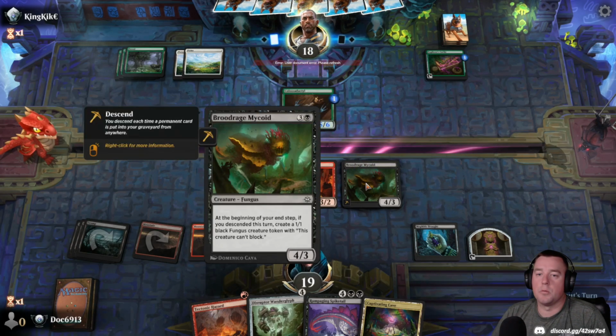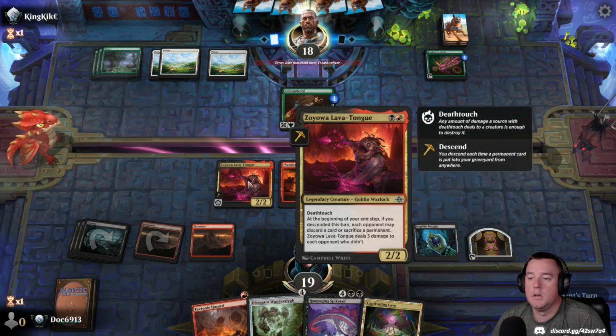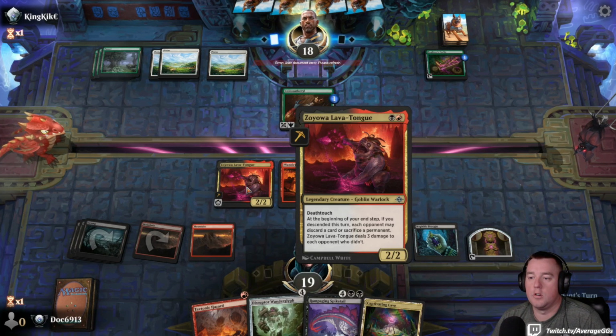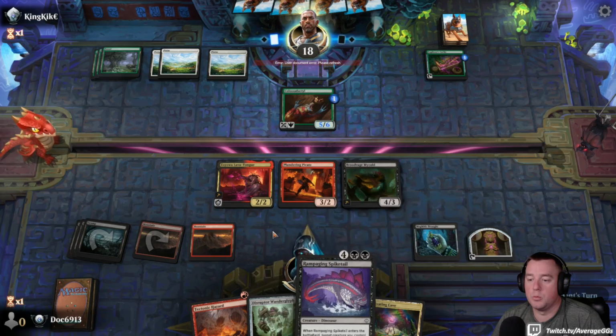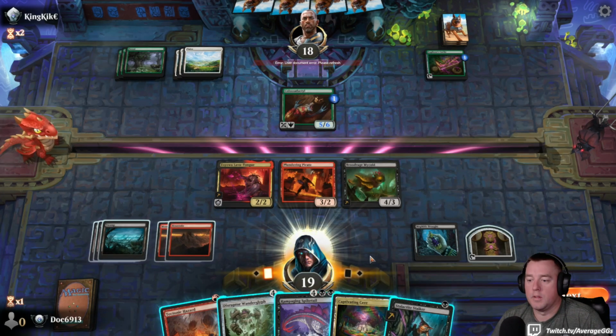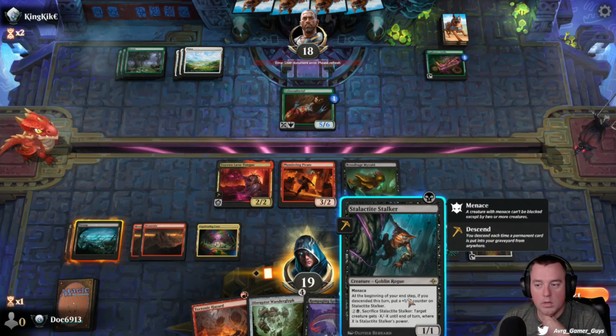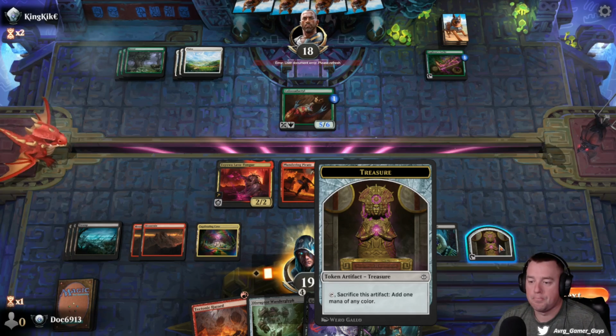Thought process here is I really want to get the good value off of Descend. I thought about slamming this guy to essentially give this Death Toucher, because that's what I'm going to do. I'm going to give him +2/+0 and Indestructible. I feel like this guy has a combat trick waiting for me, but